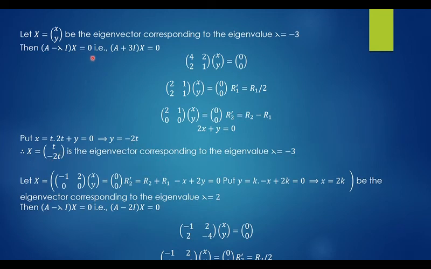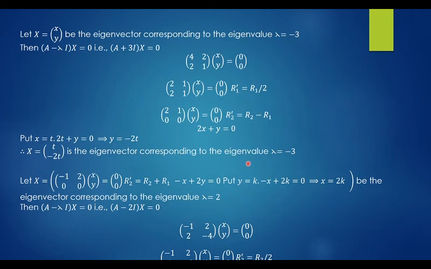So, the column matrix capital X gives the eigenvector corresponding to the eigenvalue lambda equals minus 3. Write the x value in the first place, that is t, and the y value, minus 2t, in the y place. So, the column vector t, minus 2t, is the corresponding eigenvector with respect to eigenvalue lambda equals minus 3. Okay. In the same way, we can find out